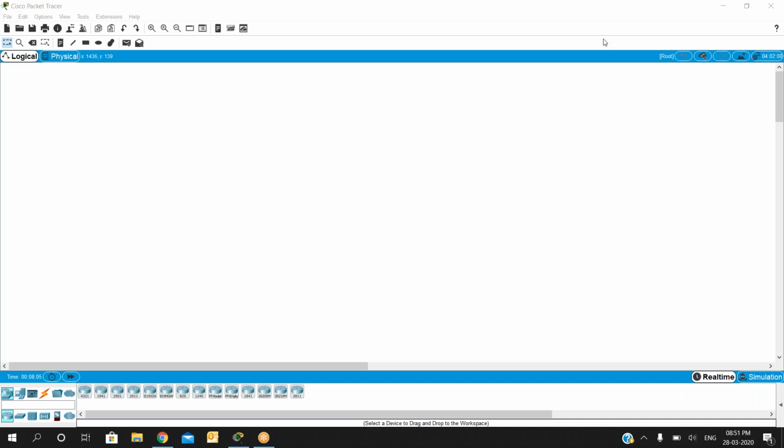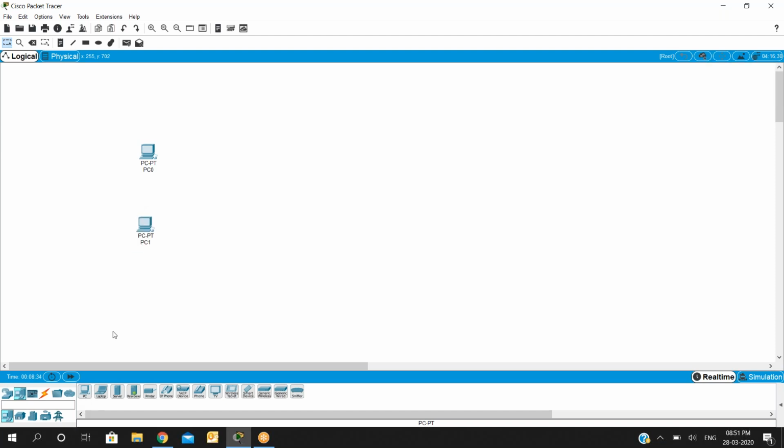Hi everyone. Today we will see how we can simulate a LAN in our packet tracer. We have already done this in our lab session. Just for a recap, I'm doing this simulation again in Cisco Packet Tracer. The first thing is that to create a LAN, we have to place all the necessary